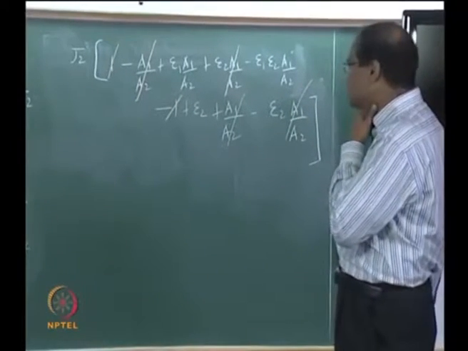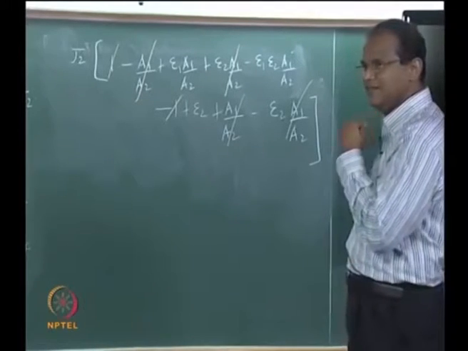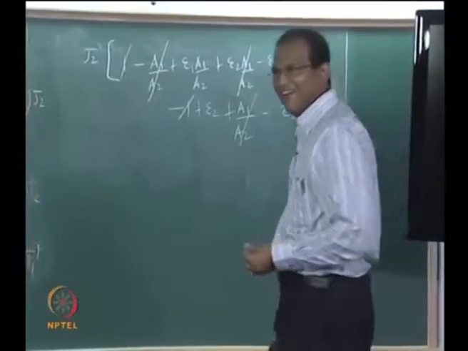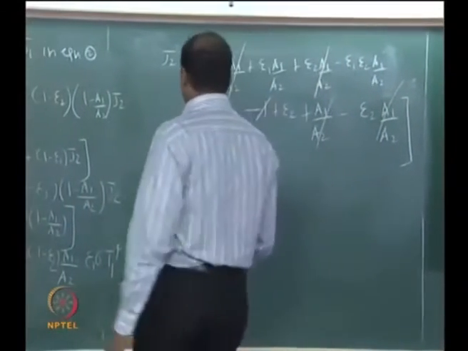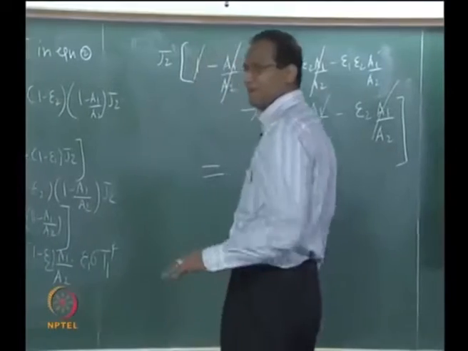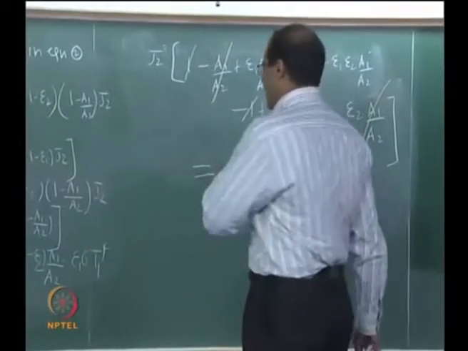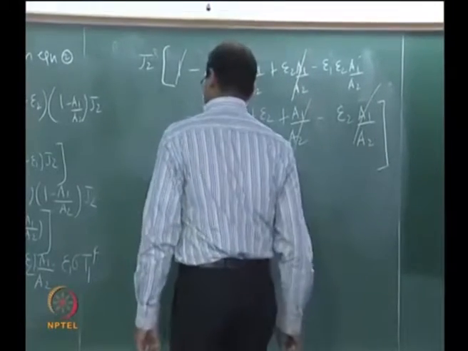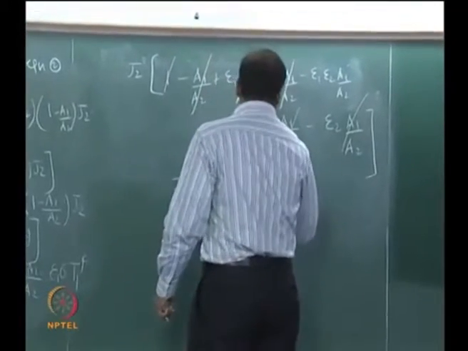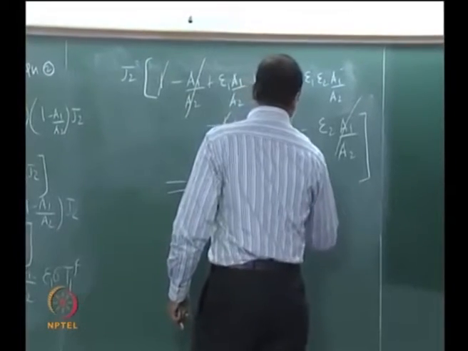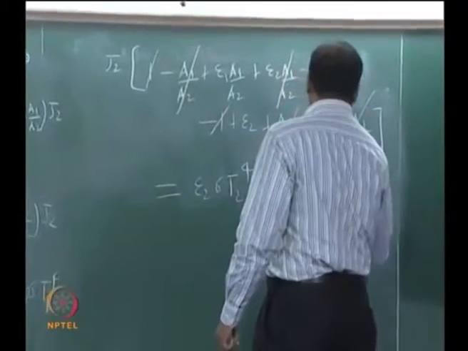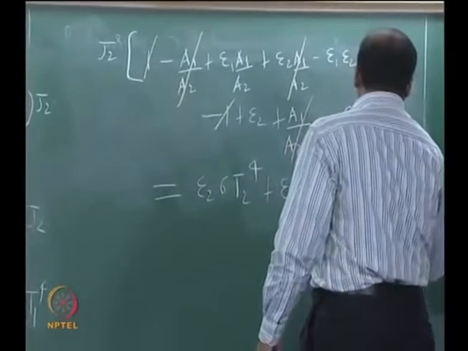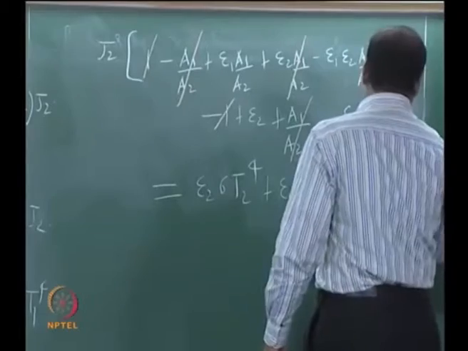Why one term is only epsilon 1, other term is epsilon and epsilon 2, right? Okay. I do not know whether we are falling into a pit or some. It comes out? Okay, okay, fine. No, finally it is simple, I know that. Right side, epsilon plus minus epsilon 1, epsilon 2, A1 by A2, very good.